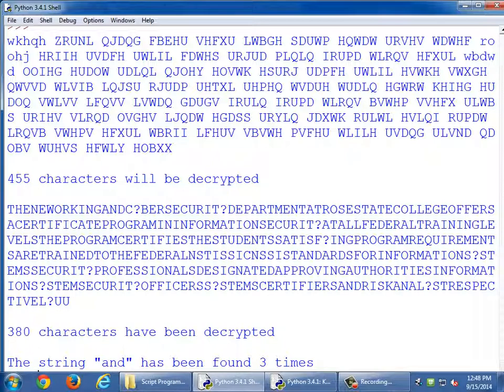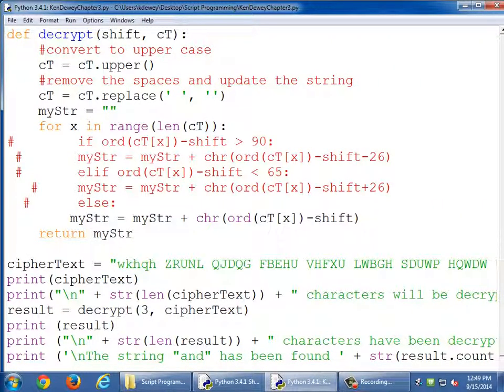The only thing you're missing is the shifting at the end of the alphabet. In other words, say we have a B, and we want to shift left 3. We're off the side of the alphabet. So what do you do? You wrap it around. So what my code does right here says: if the numeric value after the shift, everything I did below with the exception of the character, is greater than 90, in other words, we're past the Z,